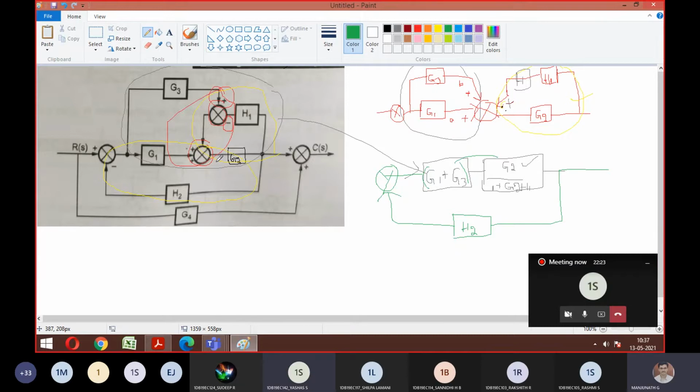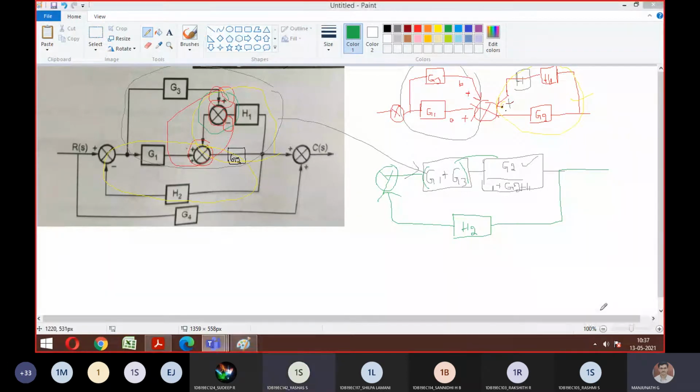I hope you understood the logic till here. If anybody has doubts, let me know. I want you to tell the answer. The first step, the major part, is this: if you are able to analyze with the summing point. We have done all types of problems in those two categories. Merging of summing point is also covered, splitting of summing point is also covered. Similarly, feedback path elimination is also done. If you have any doubts still, you can ask me, guys. Otherwise, let's move on with the next.